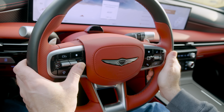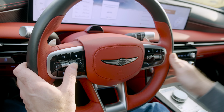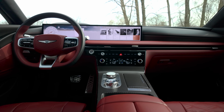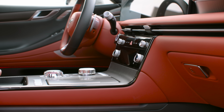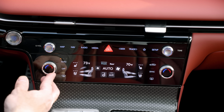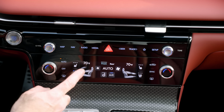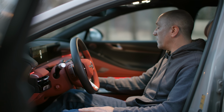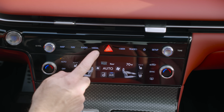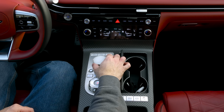The steering wheel controls, although they have kind of bandwagoned the Mercedes idea of using BlackBerry swipe, I mean, it's still functional. It works for how little you use it. The HVAC controls have gone to a digital screen at the bottom, but it is not tied into the infotainment, so it's very easy to use, and along with having not technically hard buttons, but capacitive touch buttons, your volume knob feels really high quality. All the rotary knobs are great. It does maintain a physical D-pad rotary knob for the infotainment, and when you get to this upper trim level,